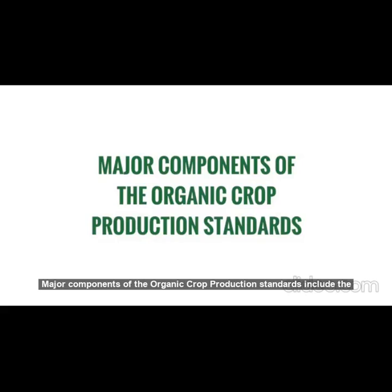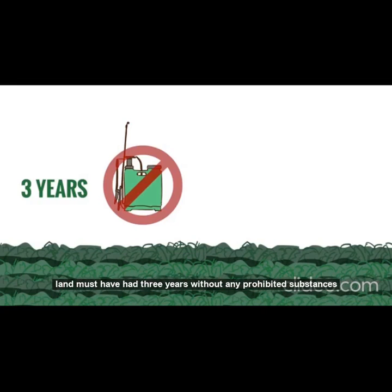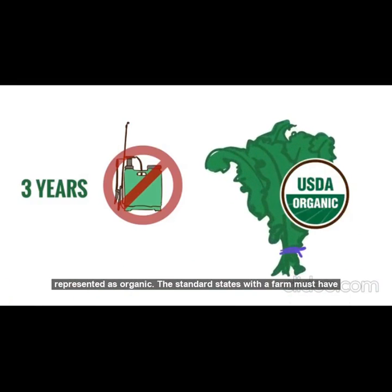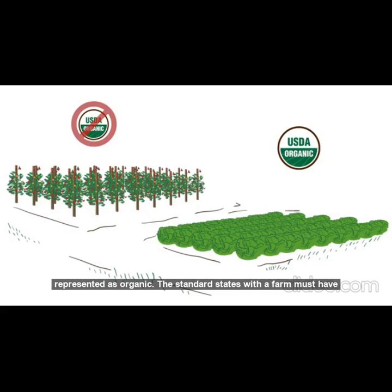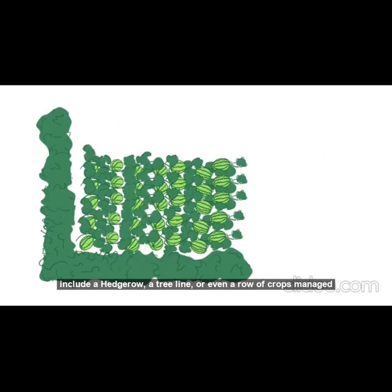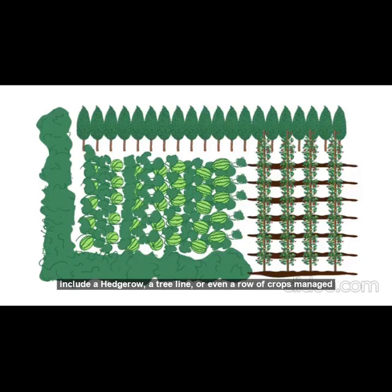Major components of the organic crop production standards include the land must have had 3 years without any prohibited substances applied before anything can be harvested from the land and sold or represented as organic. The standard states that the farm must have distinct defined boundaries or buffer zones to prevent unintended application or contact with prohibited substances. A buffer zone can include a hedgerow, a tree line, or even a row of crops managed